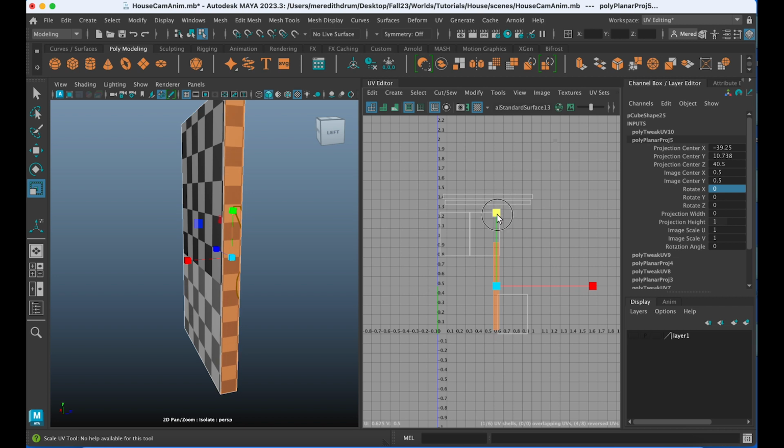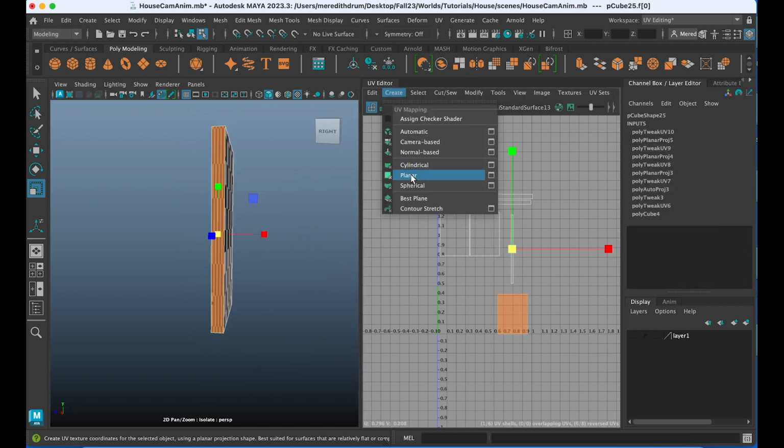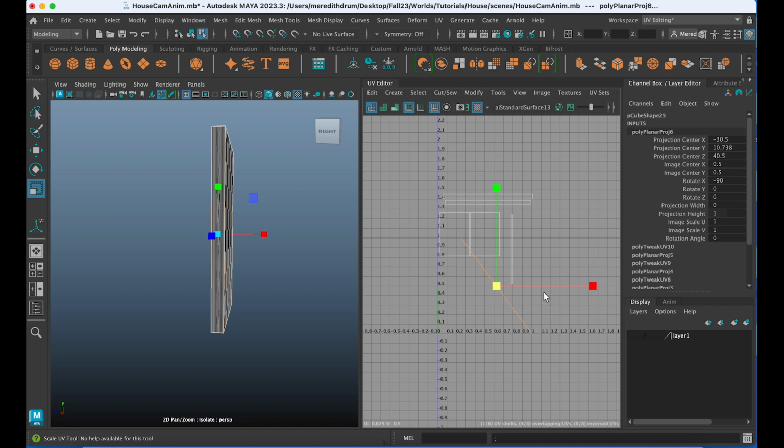Let's bring that in. Let's bring that in. They should be more or less the same size as these right here. Let's see, maybe something like that. All right, so same with this side, create planar, and then let's take out that rotation there, and let's just scale it in, and oops, we don't want to flip it around, and scale it in.